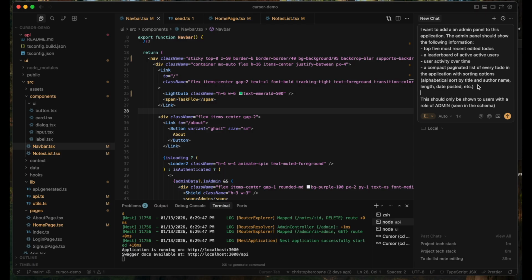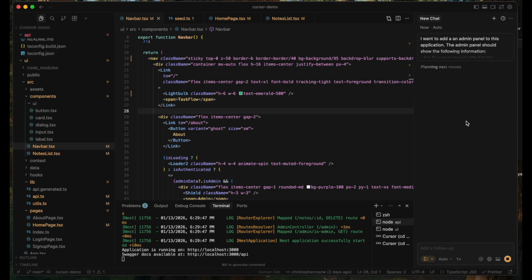So if we do something with the plan mode like this, I'm providing a plan for what I want, and I press enter, what it's going to do is create a detailed plan for how it can start working on this and implementing all these different features. So I'm just going to give it a while because it's reading all the different files that are necessary in order to do this. And if I just keep waiting,